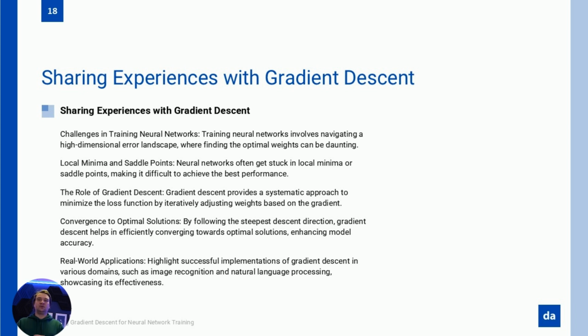Sharing how you got there, what worked, what didn't, and the insights you gained along the way can inspire others to refine their own approaches. Here's an example. Imagine a healthcare project where gradient descent was used to train a model for detecting early signs of disease. By fine-tuning the learning rate and using adaptive optimizers, the team achieved rapid convergence and built a system that saves lives. Or take an NLP project where dropout and regularization helped prevent overfitting, resulting in a chatbot that